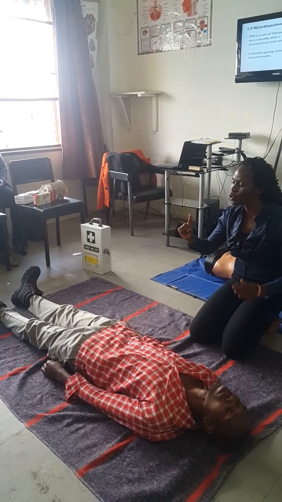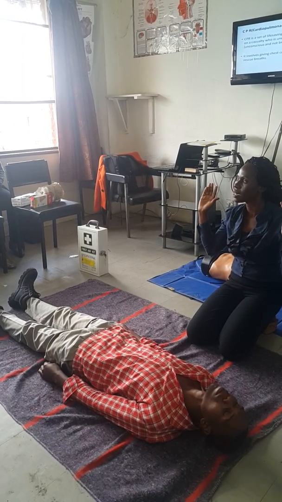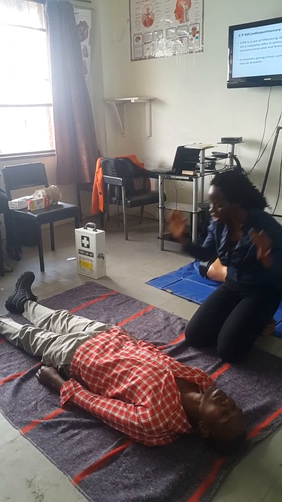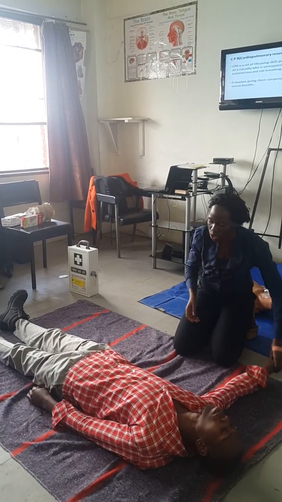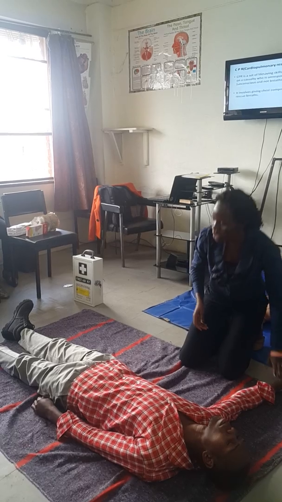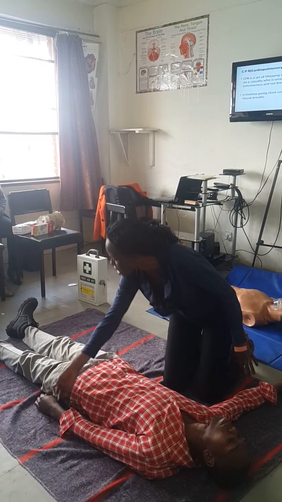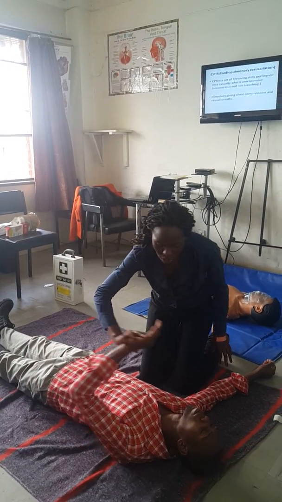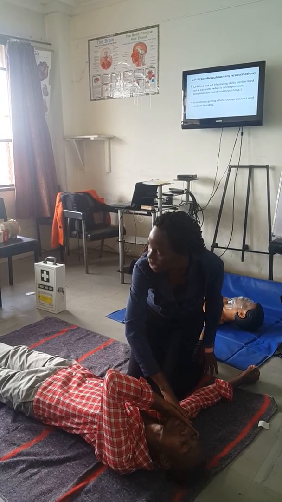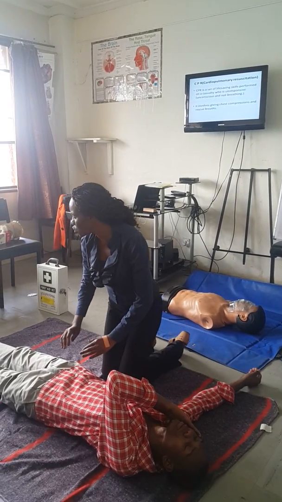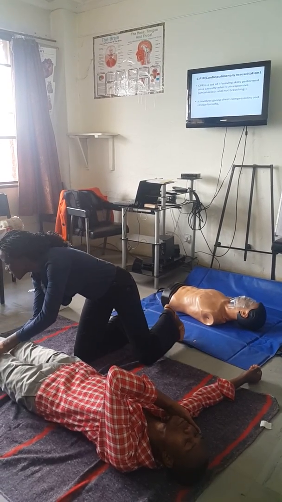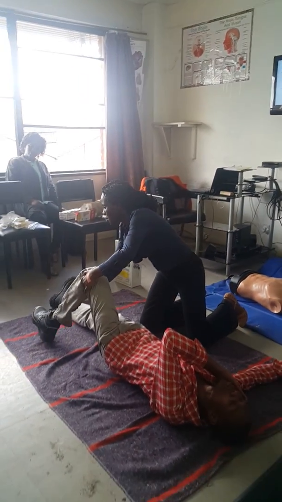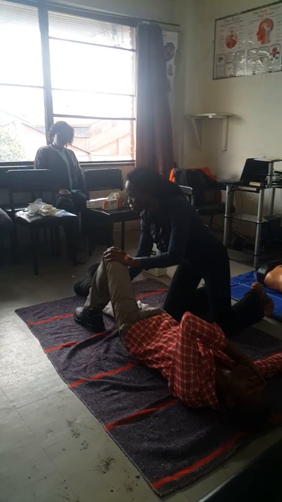Step number one, putting your casualty in a recovery position. Ensure that your casualty is lying on the back, also known as the supine position. Then, the hand that is closer to you, place it at a right angle to the casualty's body. Step number two, the hand that is far away from you, bring it over to support the head. Number three, the leg that is closer to you, ensure that it is straightened, and the one that is far away from you, bring it over onto the ground like that.